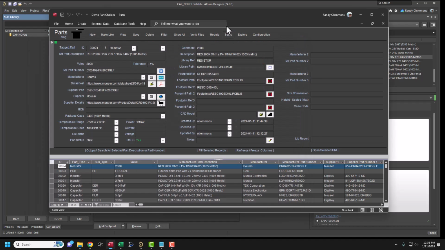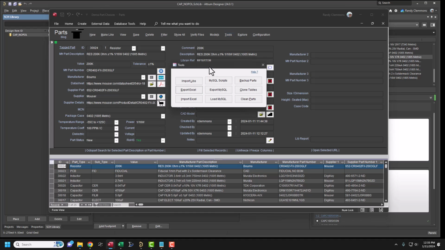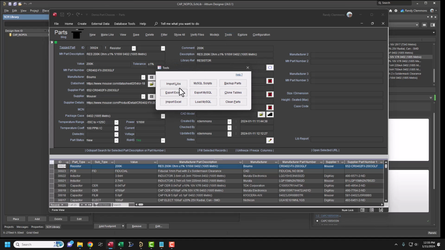Anyway, there's a lot more features involved in the parts front end, but briefly, you can import libraries, export Excel, which is exporting your database. You can import it as I just showed you. You can create MySQL scripts that will take the database that you created here in Altium. When those scripts are run in SQL Workbench, they'll quickly create the MySQL database that's compatible with the parts database that you already had in Access. You can export the data from the parts front end, and then you can load the data into the MySQL